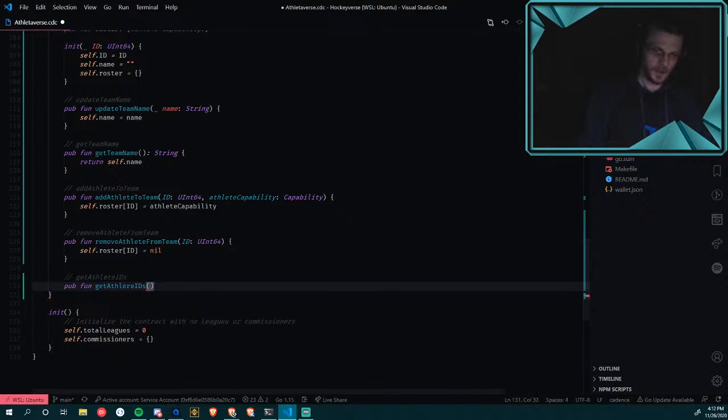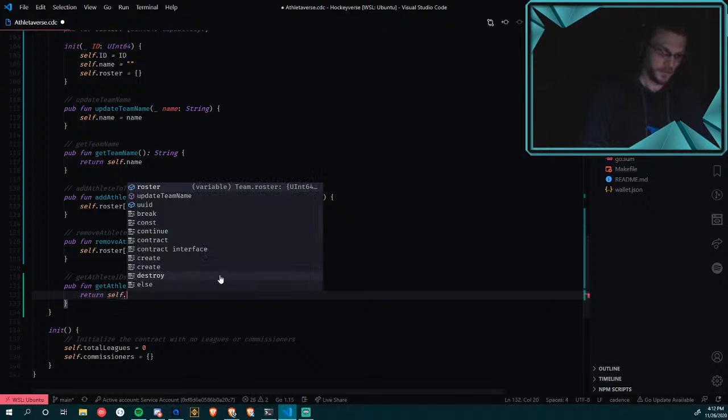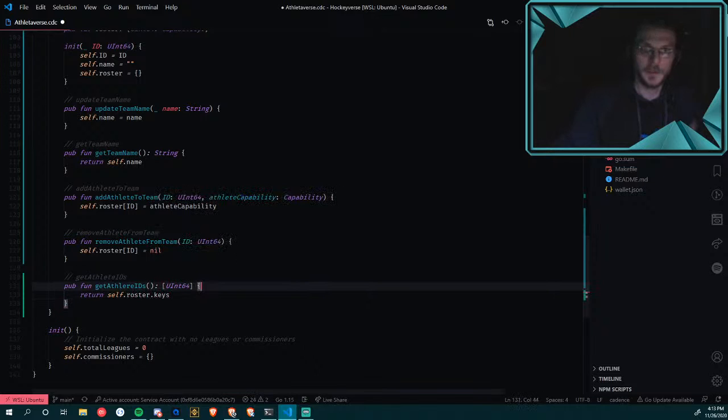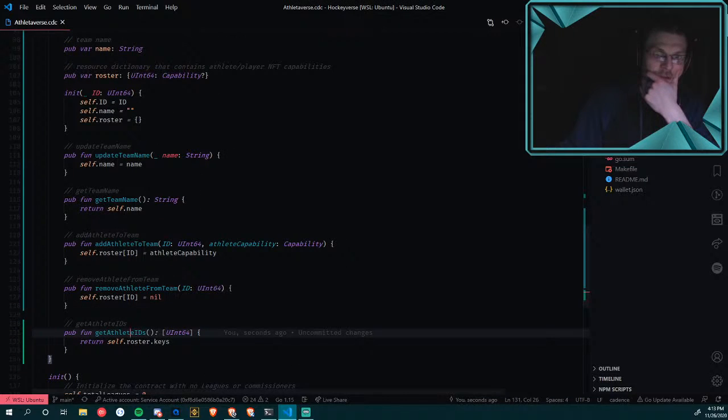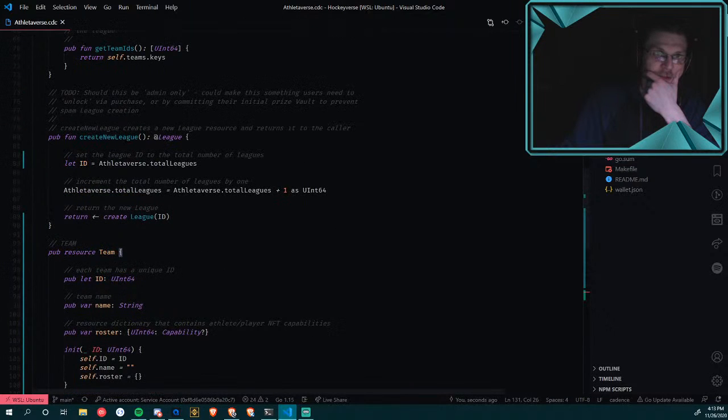And then this will be another just quick getter that loops through our dictionary. Well, it doesn't loop through our dictionary at all, actually. It just returns the keys. So just the labels from our roster dictionary. So just the IDs. Make sure it's named properly. Okay, so now our team actually does something. It exists and it does something.